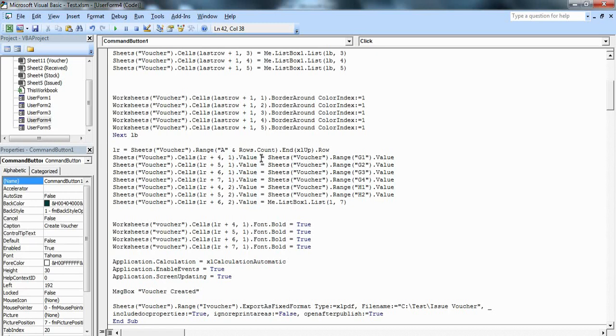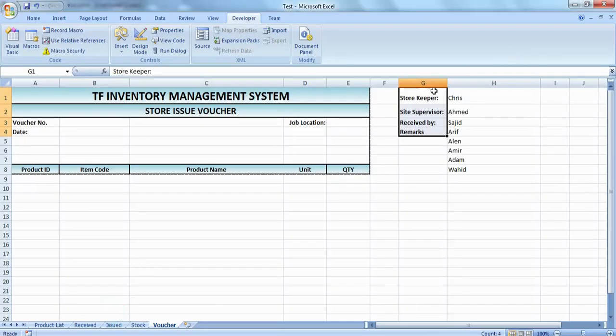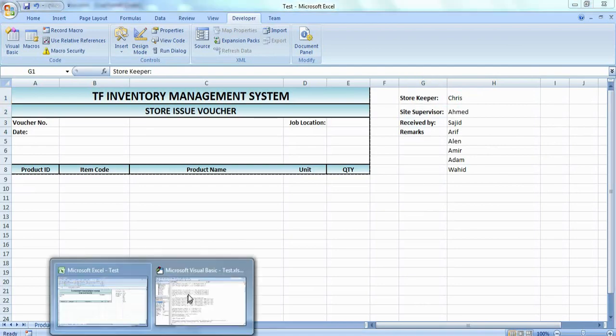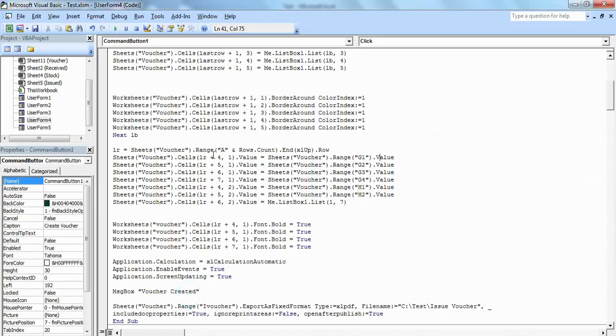Value is equal to SheetVoucher.Range("G1").Value. What is G1? G1 is this. This is the G1, first row and the column G. Because after adding the product and after 4 empty rows, the next row will be filled with the storekeeper name, which will come from G1.